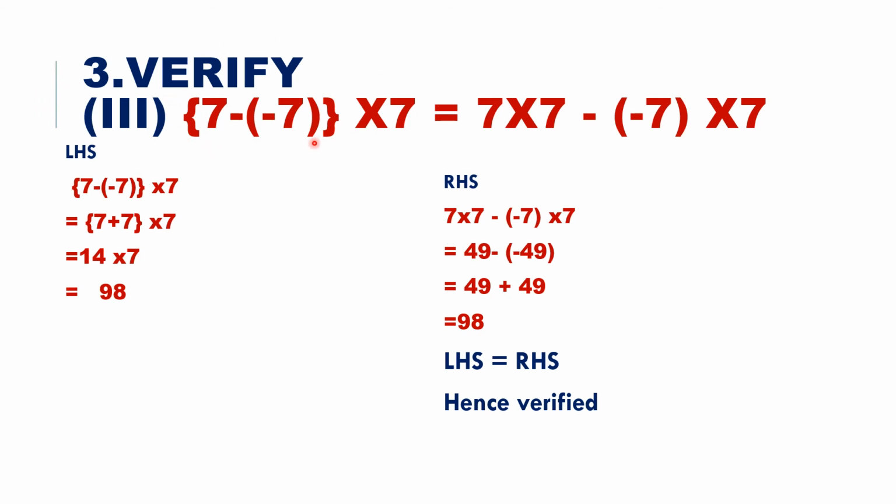Now again there is a question with many 7. Okay. So this is again distributive law. You can see that we are multiplying this 7 which is outside with the first number and with the second number.